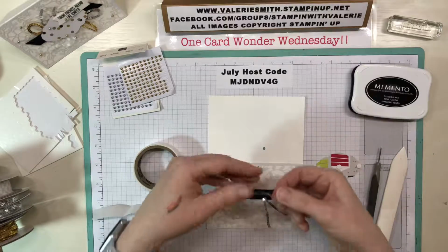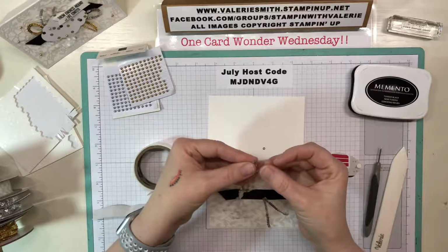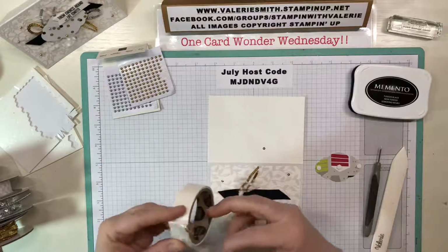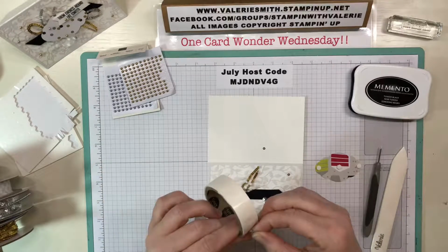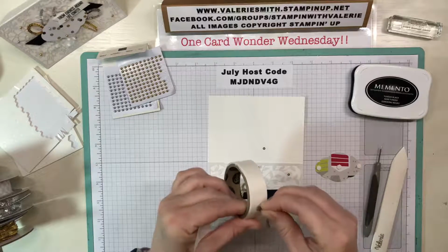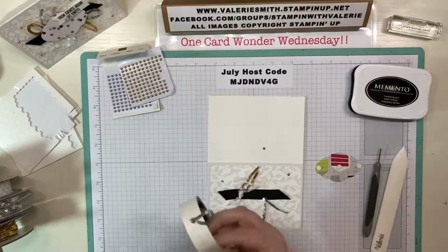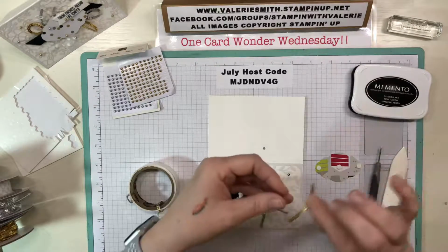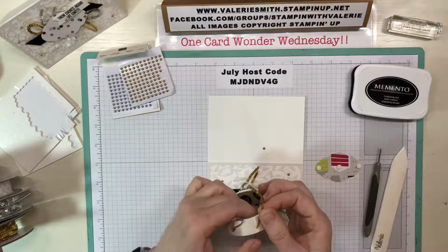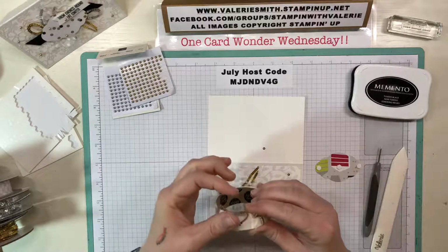And then I've got small pieces, probably about 2 inches, a little bit shorter. And I just loop it around to make a little loop. That makes sense. And then I'll do the same, stick it right to your glue dot, and then I have a piece of gold that I'm going to do the same with. I'm going to stick it to my glue dot, make my little loop,